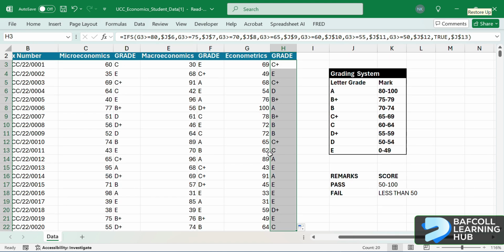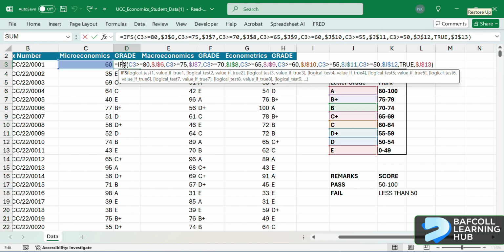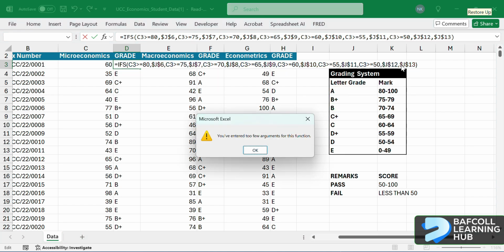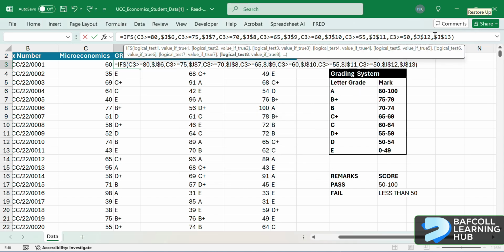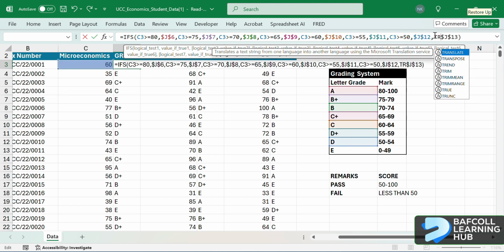Now let's see what happens if, let's say, we omit the TRUE. We omit this TRUE over here. So for example, after entering all the conditions, I just go to the value if false, and I omit the TRUE. I hit enter. Now you can see, you entered too few arguments for this function. So it gives us an error. So you always make sure that the TRUE comes before the default result. So TRUE,